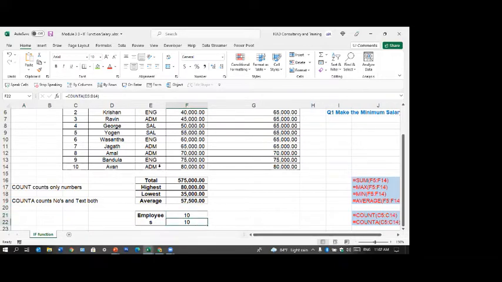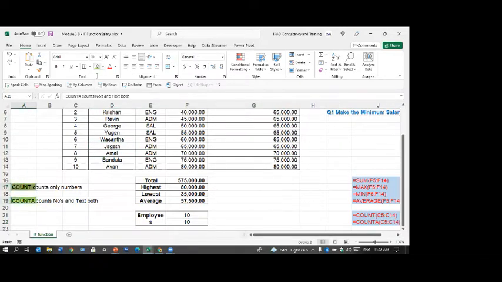Here I have taken count D5 to D14. D5 is a name. But here I put COUNTA. If I put COUNT here, it will come with a 0. Can you see? It's come with a 0, because there are no numbers I'm counting. Then if I make it COUNTA, whether there's a number, let me make this a number, what happens? Still it will count. Number or text, it will count. Right? COUNT and COUNTA.